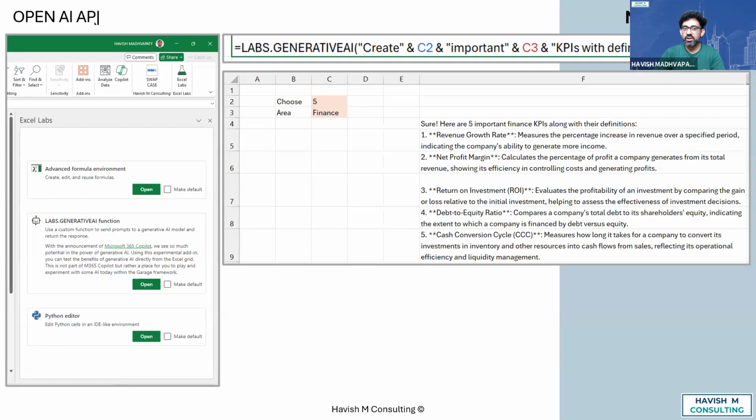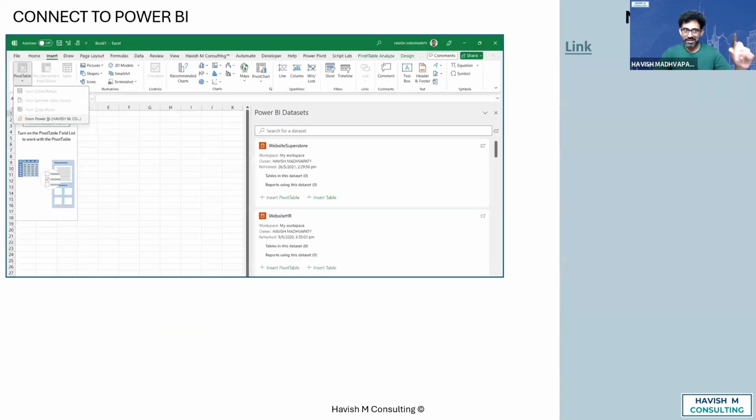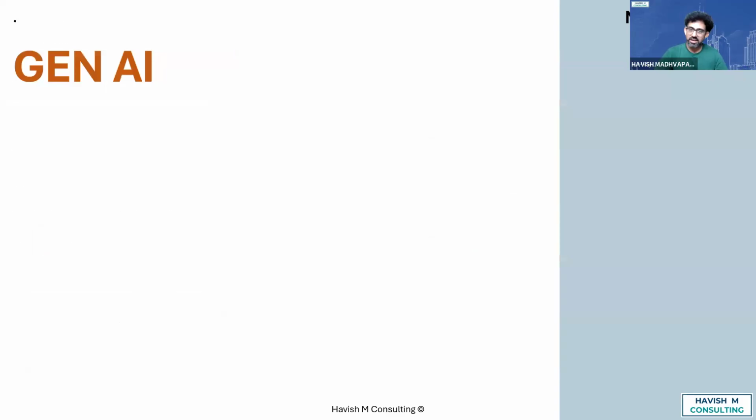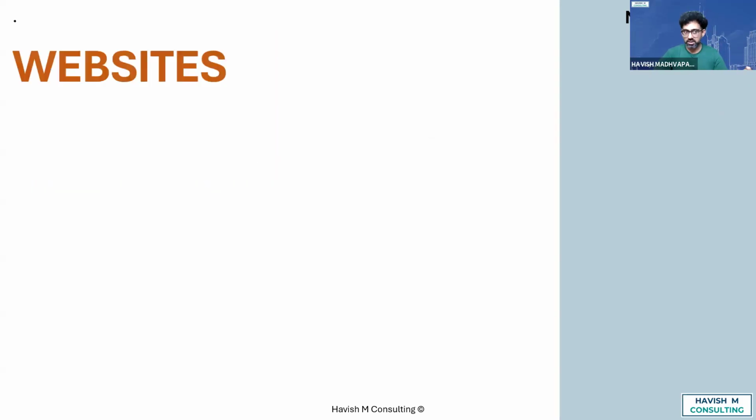As an MBA student, it shows you in very good light when you are able to tell others that, hey, I know something that you might not be aware of. Then, of course, we can connect to Power BI on Excel. Generative AI, I'll cover when we do Gen AI, but using generative AI, we can do pretty much everything. We can step through, debug a formula, write a formula, modify a formula, convert one language into another language. All of that would be possible, right?